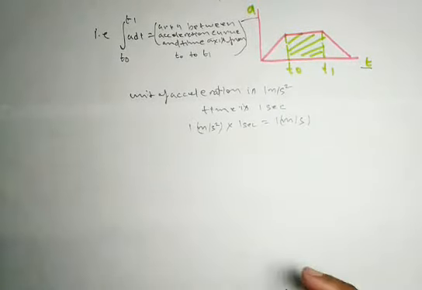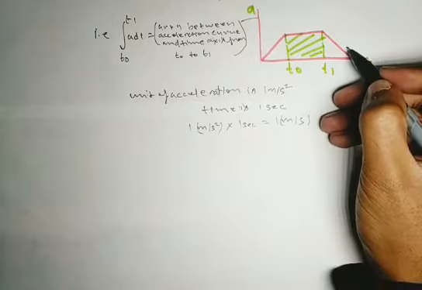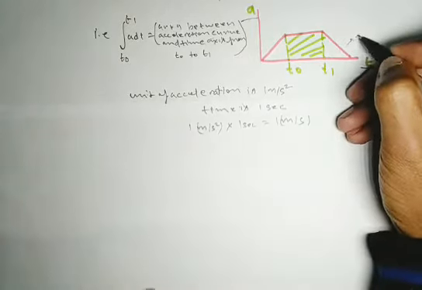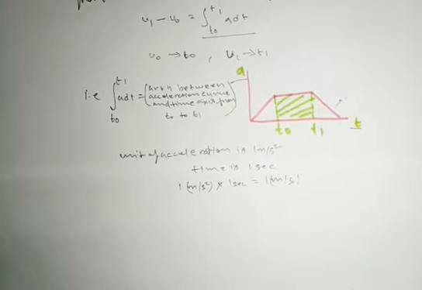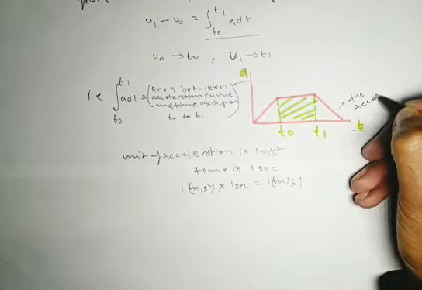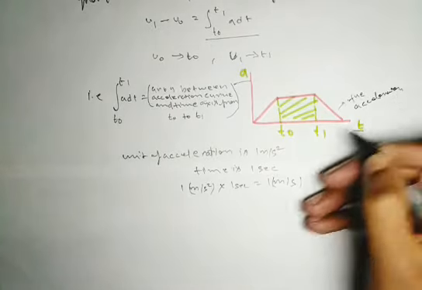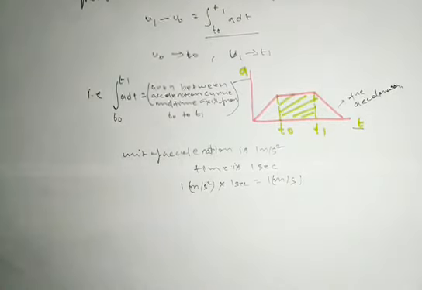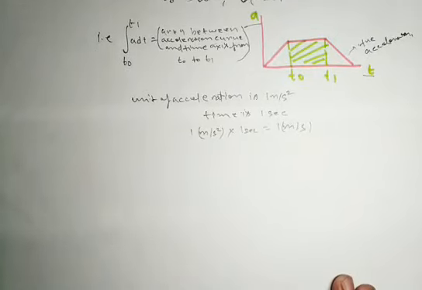So the acceleration curve above the t axis is a positive acceleration, and below it will be negative acceleration. So moving on,